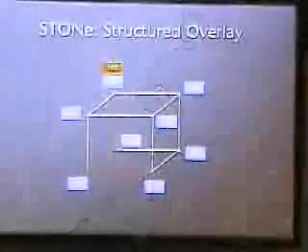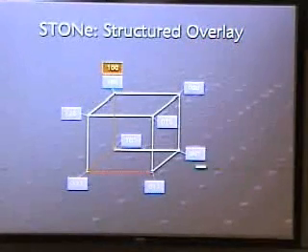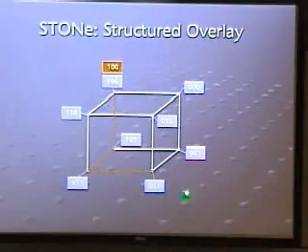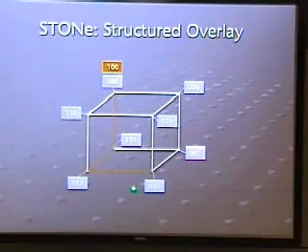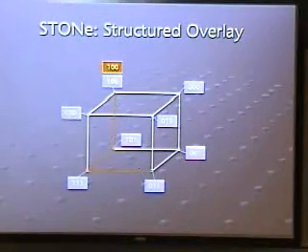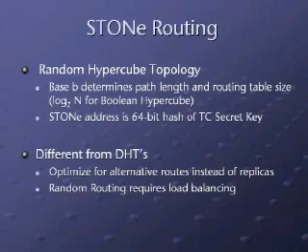For the structured overlay, in general, we use a hypercube architecture. So if 0, 1, 1 sends a packet to 1, 0, 0, it compares bitwise and sets the bits accordingly to forward this packet to the correct position. First it looks at the first bit, sets it to 1, then the second bit sets it to 0, and then the third bit. So it always takes log n steps to forward this message.